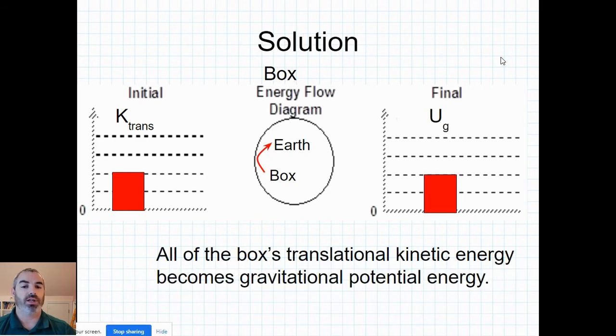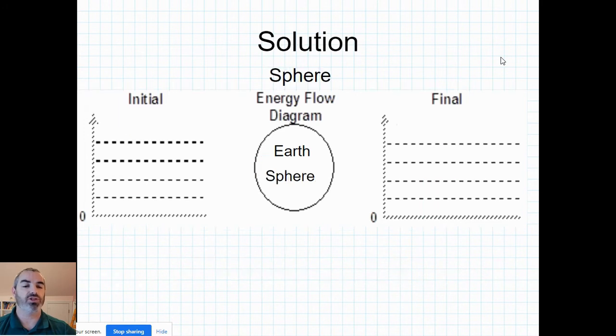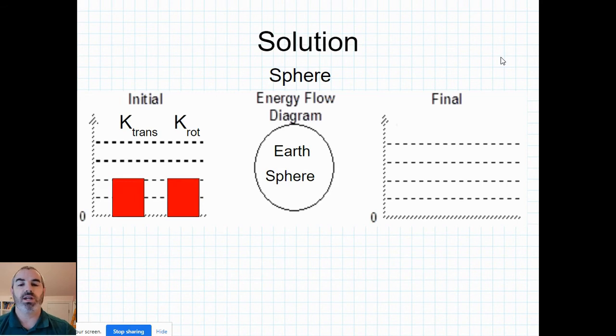So now let's look at the sphere. It has the same translational kinetic energy, but it also has rotational kinetic energy. So we can see here that overall, the sphere has more energy because it's rotating and moving at the same speed. As it rolls up the ramp, the sphere gives its energy to the earth, and it's going to slow down rolling as well. So at the top, it's not going to be rolling or moving translationally,